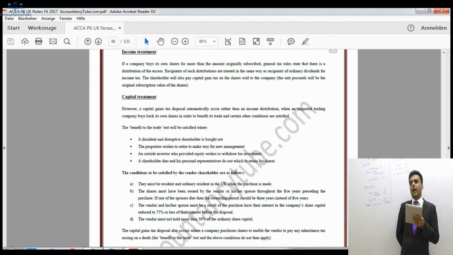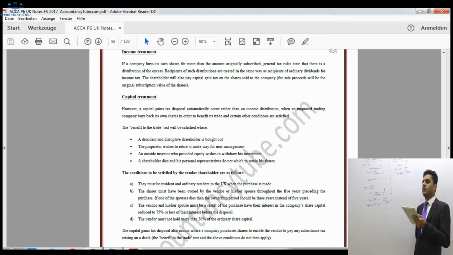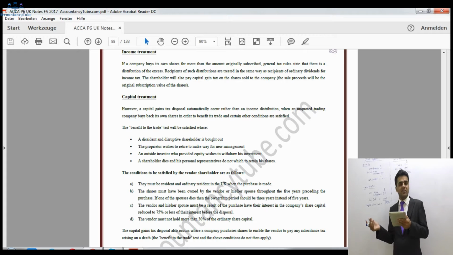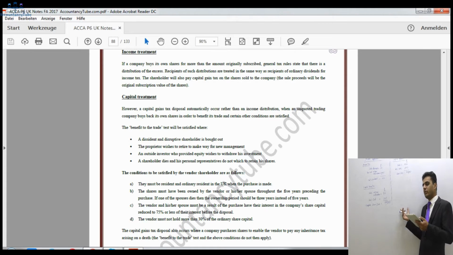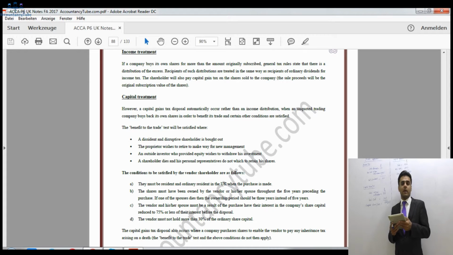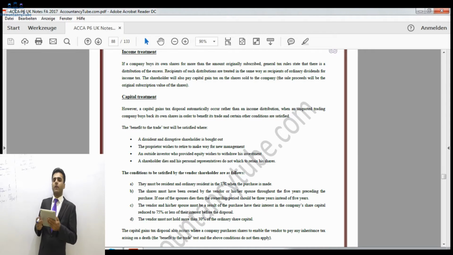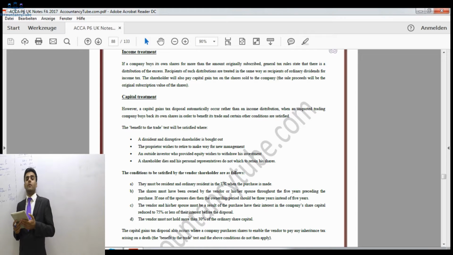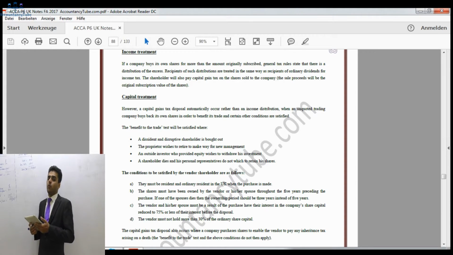Now, whenever we have shares in a company, we have to determine how much is our percentage in the company. The question will tell us that we have bought, say for example, 100,000 shares, and the total shareholding of the company was 1 million shares. In that case our ownership in that company is 10%, right? So our ownership would be 10% if we hold 100,000 shares out of 1 million shares. The first step would be to determine this figure.